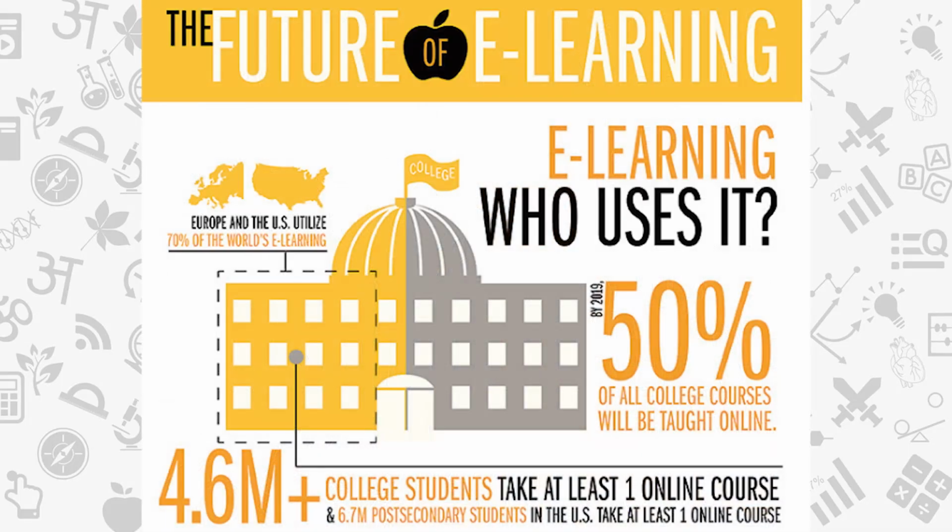So this is a way by which learning is going to be changed. You find that 4.6 million college students take at least one online course, as far as Western world data is concerned. This is not confined to the Western world. I specifically mention here that Asian countries like India and China are penetrating a lot as far as online education is concerned. And in the coming years, you will find that it is as good as the conventional way